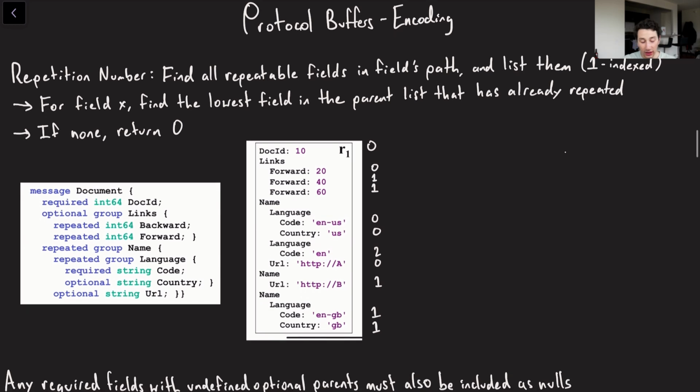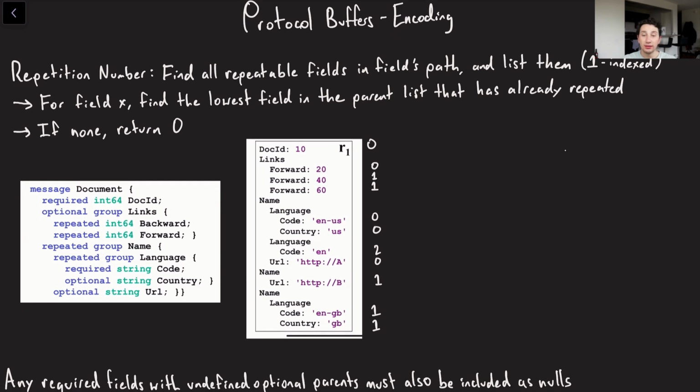Okay, so the first question is, when we write down our data in our column-oriented format, we have to split it up by column, or basically split it up by individual field. And so the question is, we need some sort of metadata with every single field in order to eventually back out which record that field belongs to. And so this is how protocol buffers basically chooses to do it.